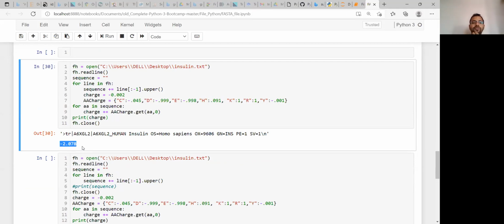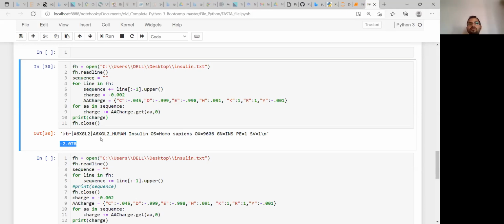Now, the next question is how we can store this value into another file. Up to this point, we have seen how we can read the file, how we can calculate something, and how we can show it on the terminal using the print command.